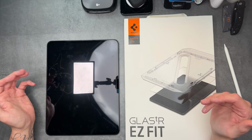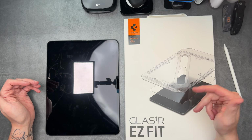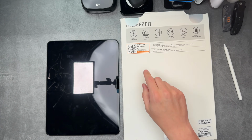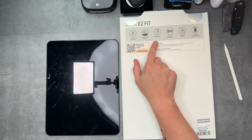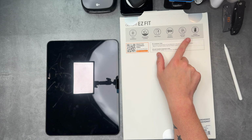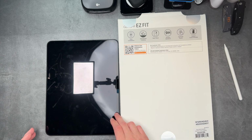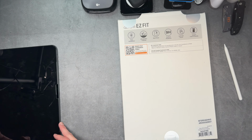We've got right here from our other favourite brand, Spigen. So GLAStR EZFit, looks like it's got the EZFit technology, which is fantastic. You've got easy installation, oleophobic coating, real glass, surface hardness, delicate touch, and it's Spigen case friendly. Spigen cases on the way. Stay tuned for that. But let me move that out the way and let's take a look at what you